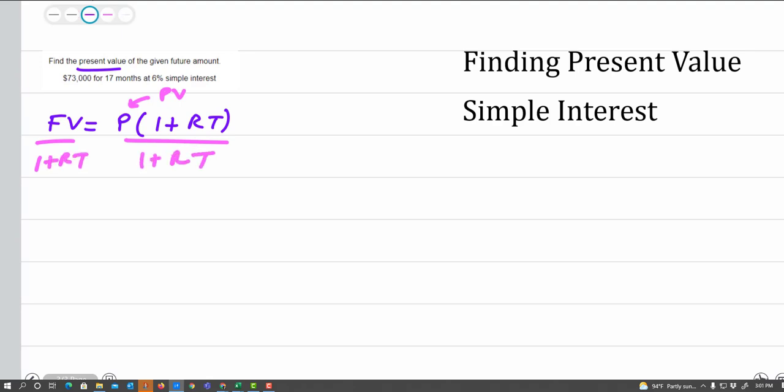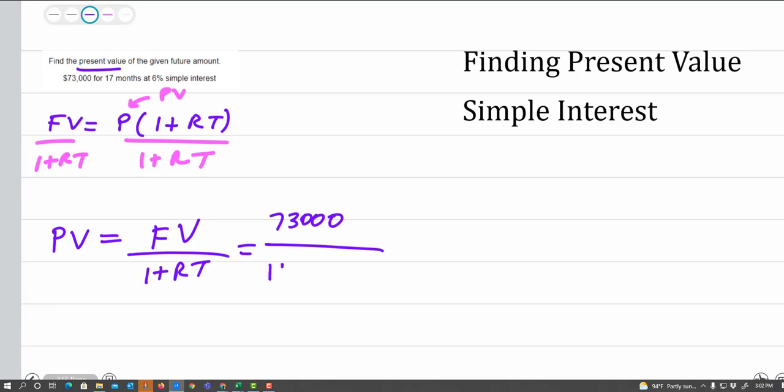And this is where, when you see the present value formula, or P as I typically use it, it is future value divided by 1 plus rate times time. So in this formula, our present value is 73,000 over 1 plus our rate in decimal, 0.06, and 17, and this is monthly. Be sure if you're putting this in a calculator, you're putting all the bottom in parentheses, and you should get something along the line of